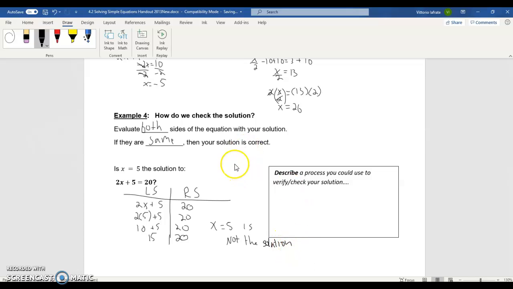In other words, what we just did here is we just took this x, put it in here, and we checked to see if it equals a 20 when we do that. 2 times 5 is 10, plus 5 is 15. That's not the correct solution. So left side is not equal to right side, which means that x is equal to 5 is not the solution. You can try to find the solution, and then you can check your work using the left side, right side table to see if your solution was actually